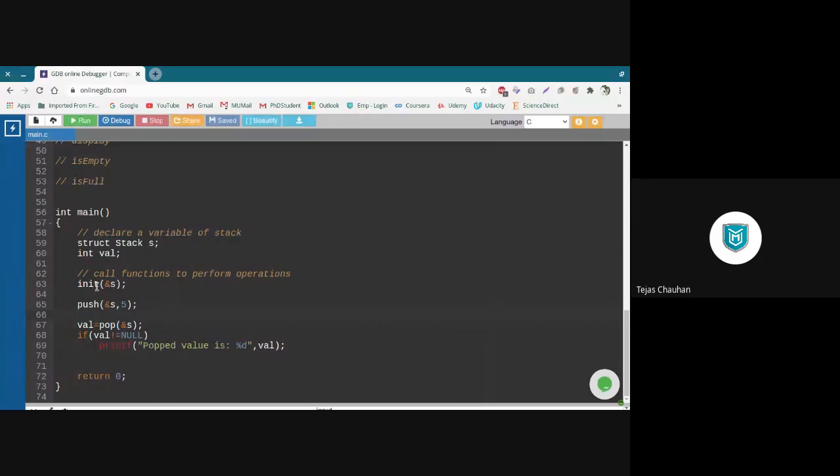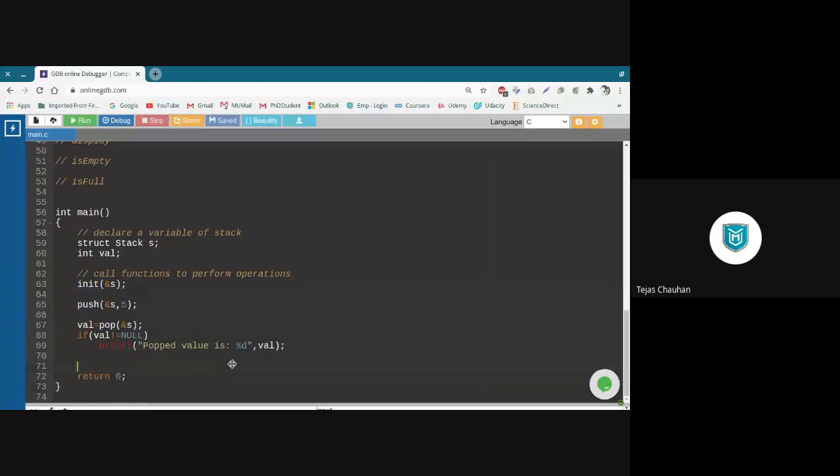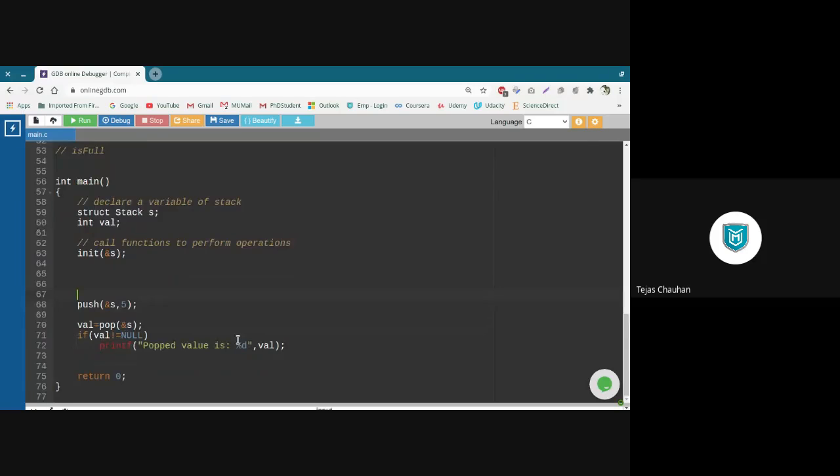So I'm going to create this as a menu-driven program. Whenever you have your stack, you need to initialize your stack only once, right? But after that, push, pop, peep, change, display, all these operations you can call at your choice. So what we actually want is a menu kind of thing here.